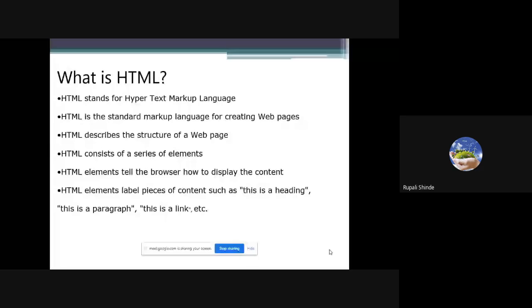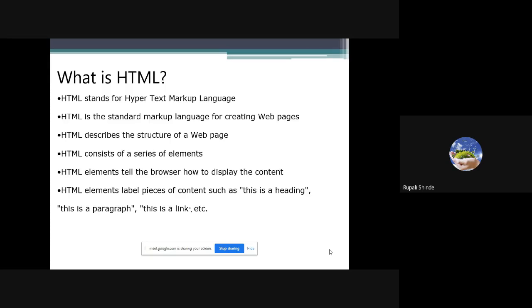HTML elements tell the browser how to display the content. As I have told you, we can decide where I want the image, where I want to insert the form, where I want to keep the table. All things I have decided, but with the help of the HTML language, we can create that particular web page, and it is going to be displayed in front of a user.